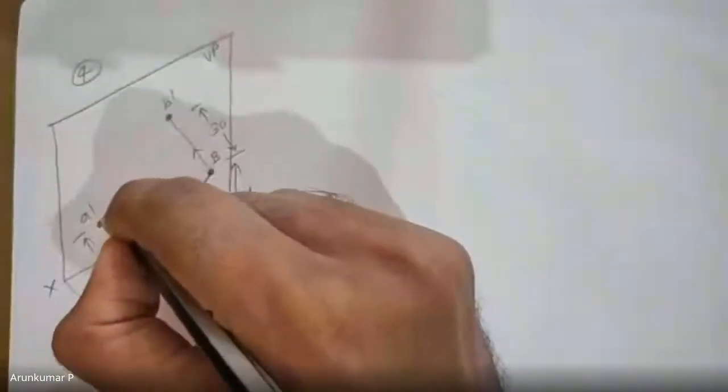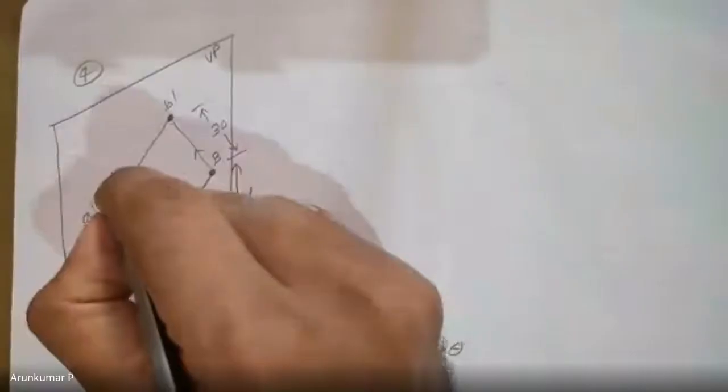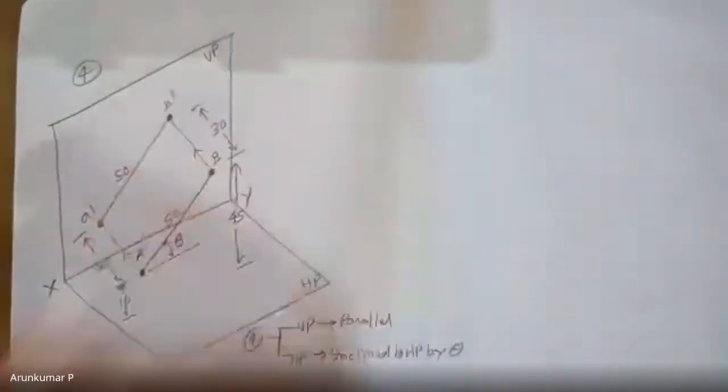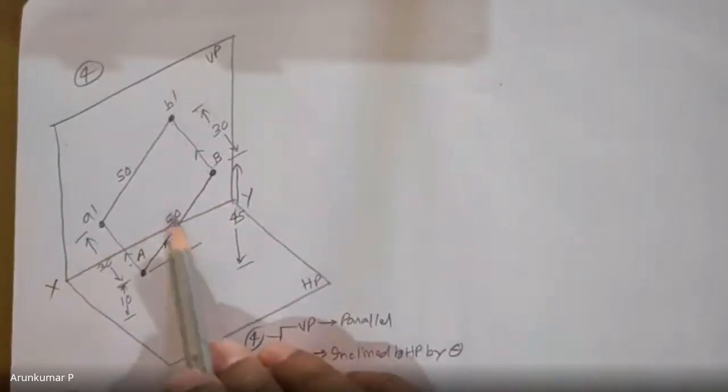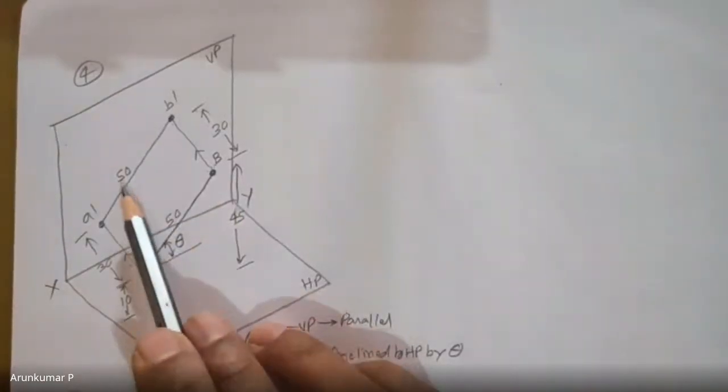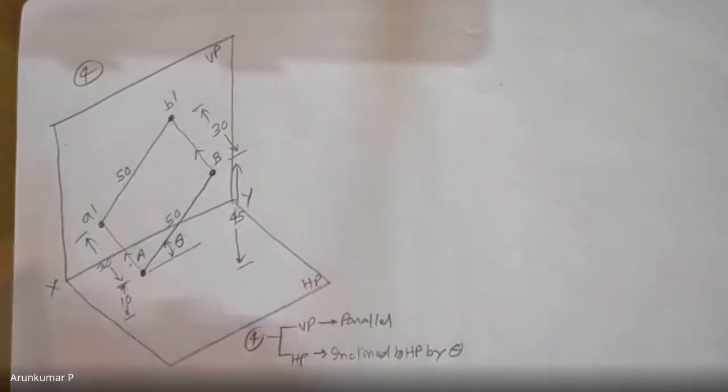If I join A dash and B dash, what is the length of this front view? 50. Yes, ma'am, it will be in its true length. It is 50 mm in the front view because the line AB is parallel to VP. Okay. Next,